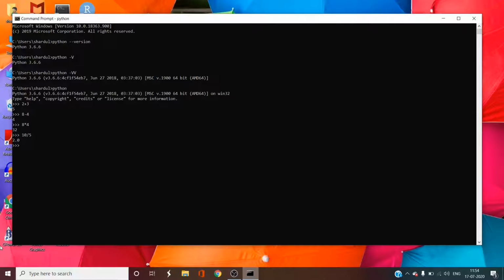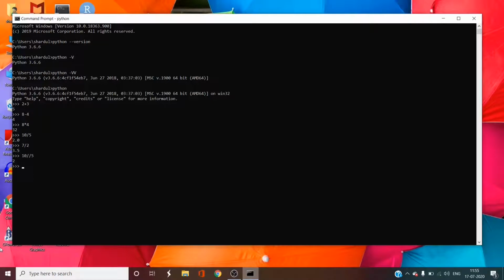The output is not what we want, as it gives us a float number with a decimal instead of just an integer 2. This happens because when we divide two numbers that do not have a remainder of 0, we get the output in decimal. Like if we type 7 divided by 2 and press enter, we get 3.5. So if we want to get only the integer number, we will have to type 10 double slash 5 and this will give us the output as just the integer 2.